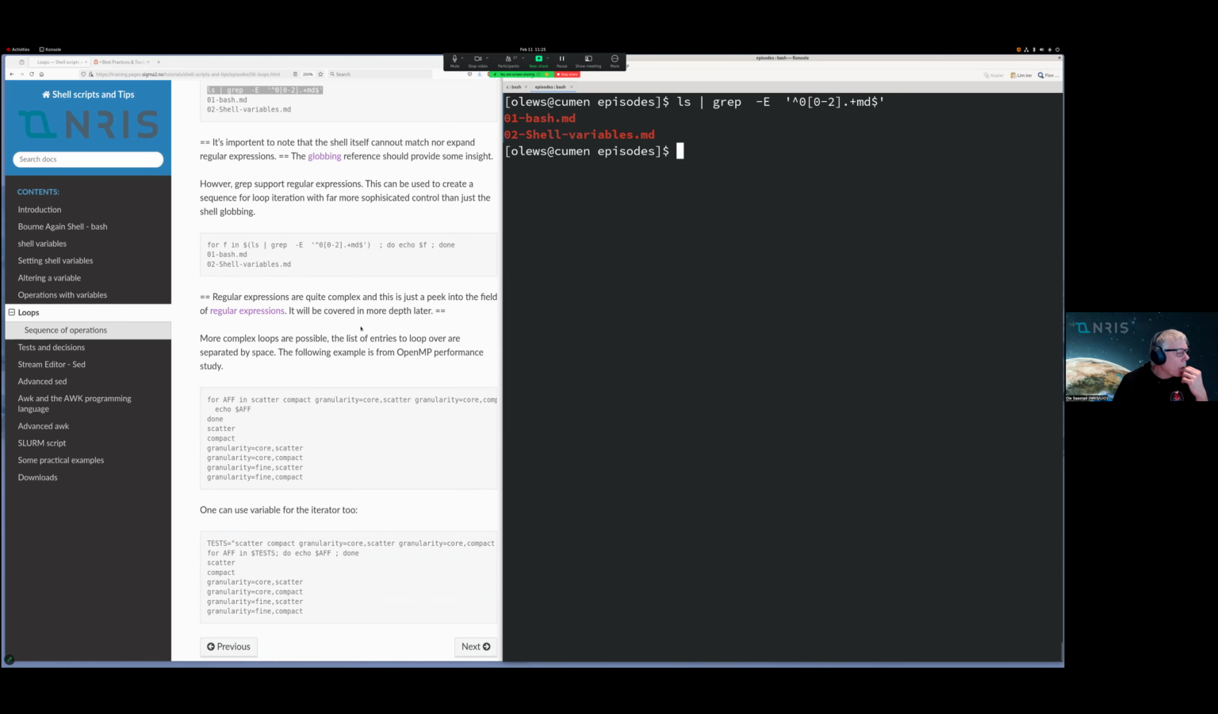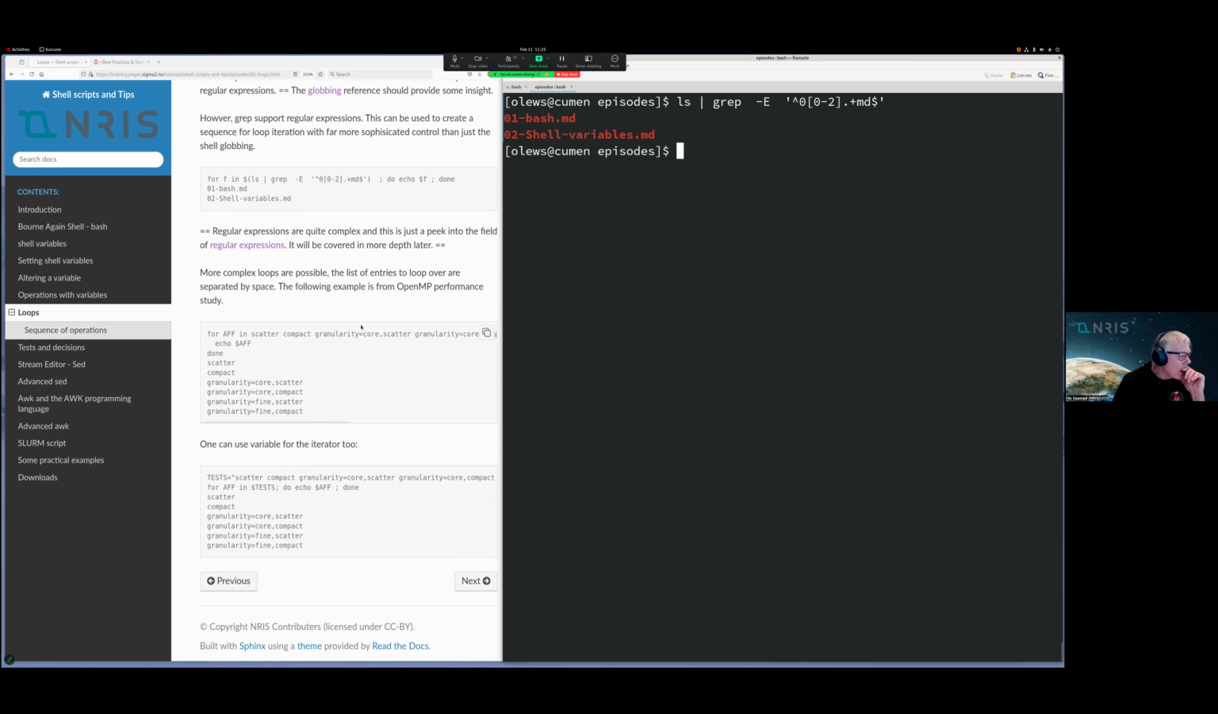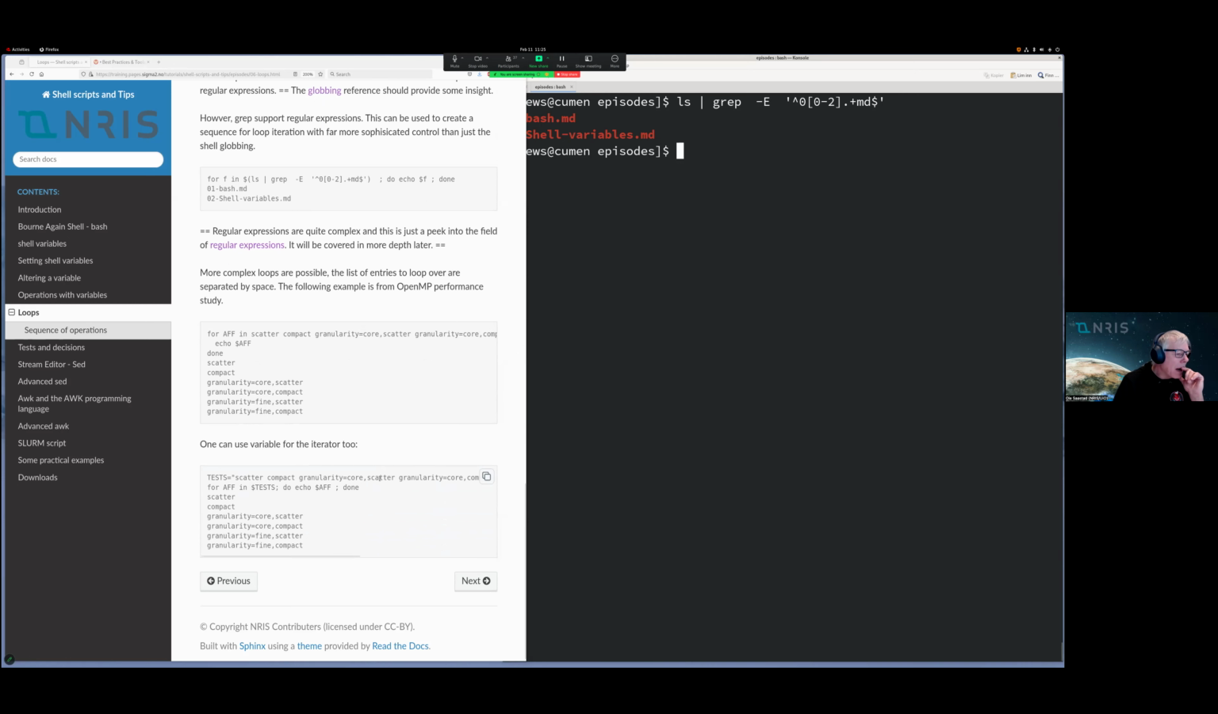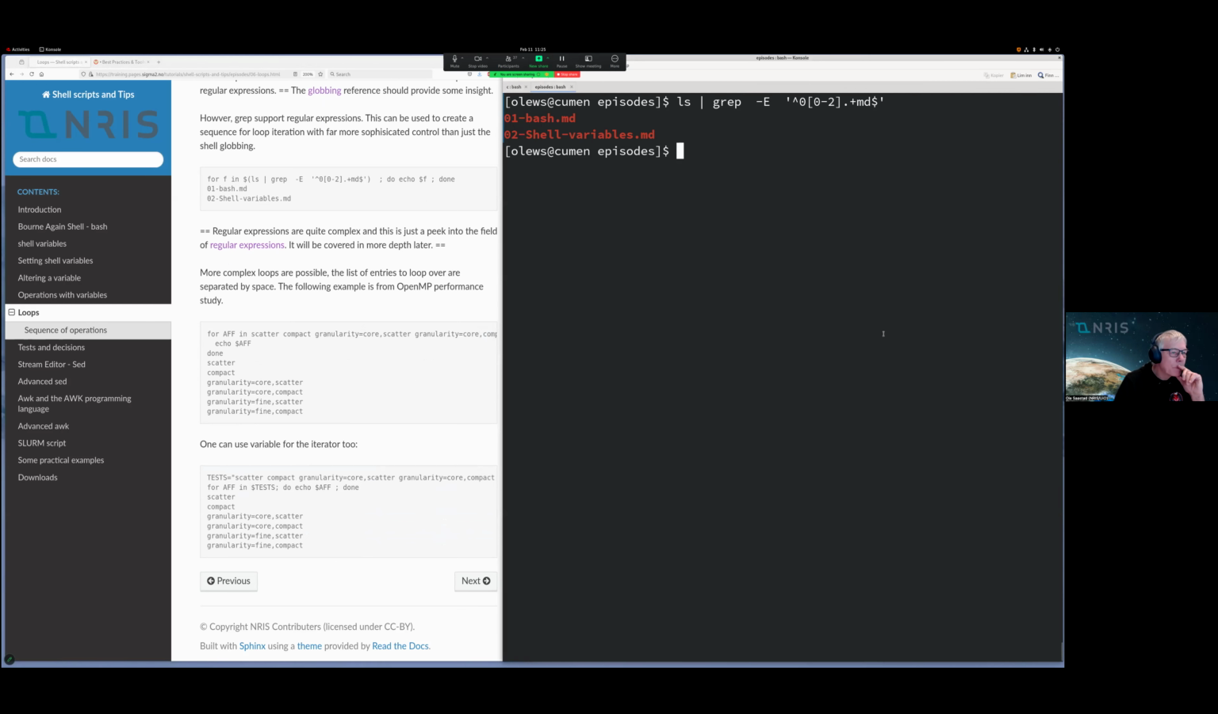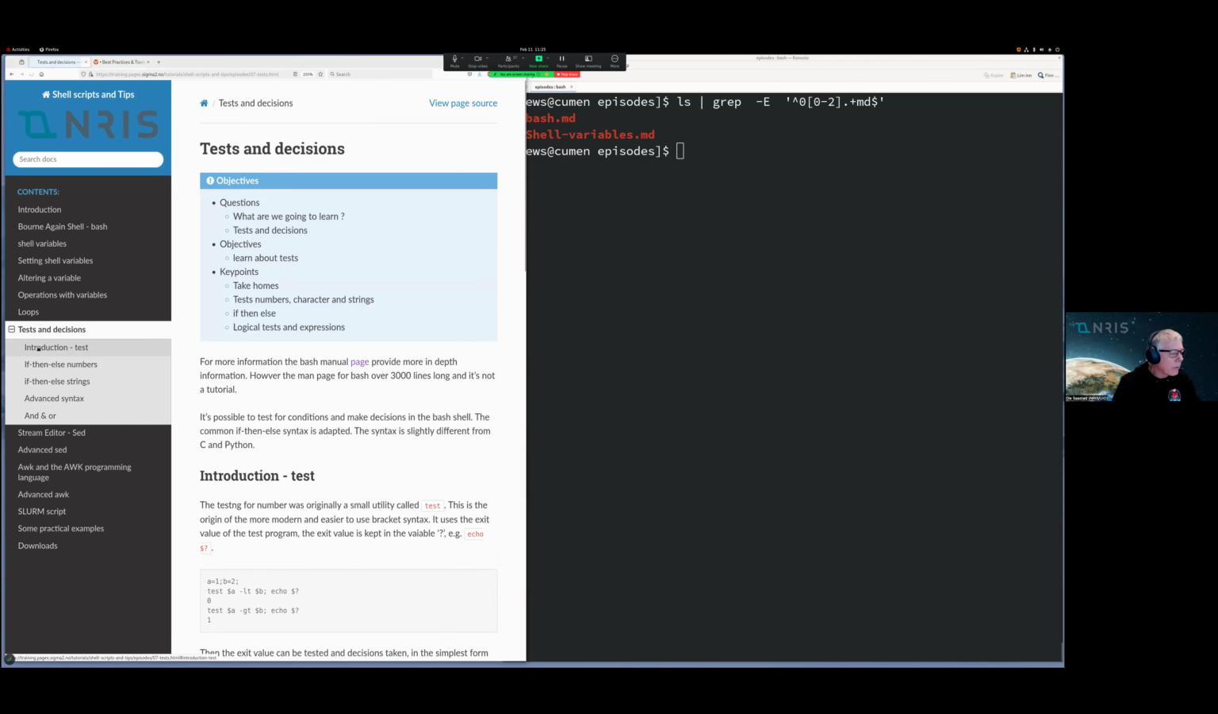And then I have more complex loops here. The following are from an OpenMP performance study. That means that you can write them more complex, and this is the kind of thing that you actually sometimes need to do. So that's left for homework to play with. We continue with tests and decisions. It's possible to come with some questions and comments also, but